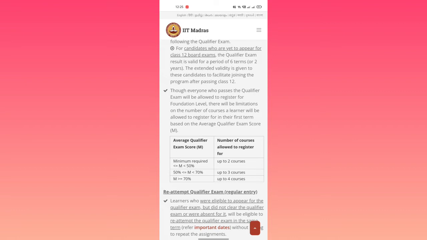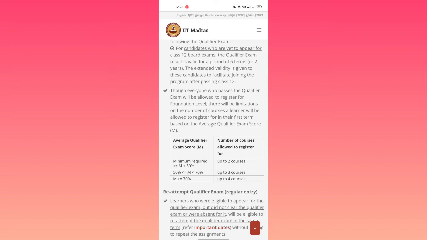If you score more than 50 and less than 70, you can enroll up to 3 courses simultaneously. So suppose if I enroll in 2 courses, I would have to spend another whole 4 months preparing for the 2 courses that I had not attempted, each semester wise. So it will become basically double the time. The amount of courses that you reduce will increase the time it takes to get a degree. So if you enroll in one course and continue doing it, it might take you 5 or maybe